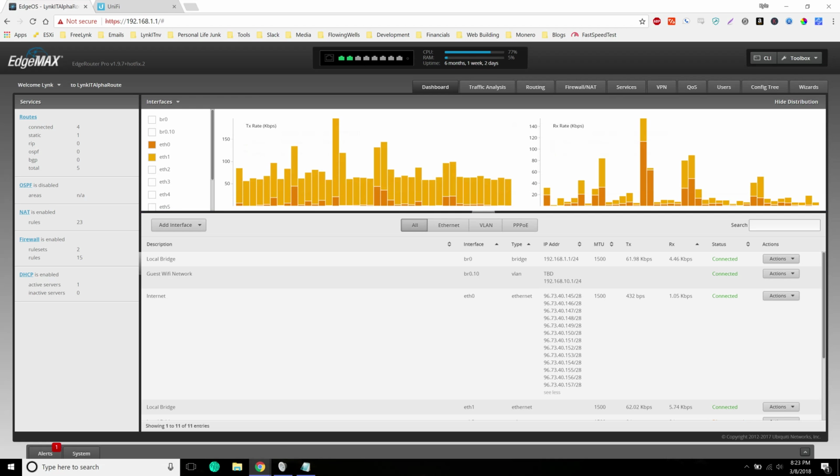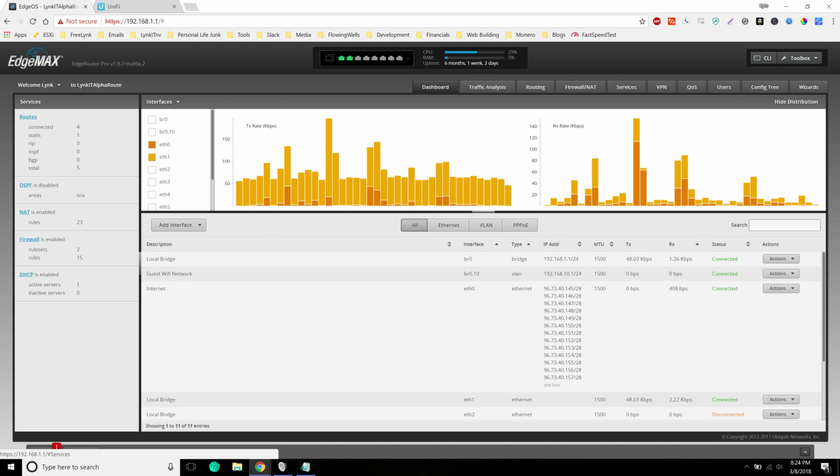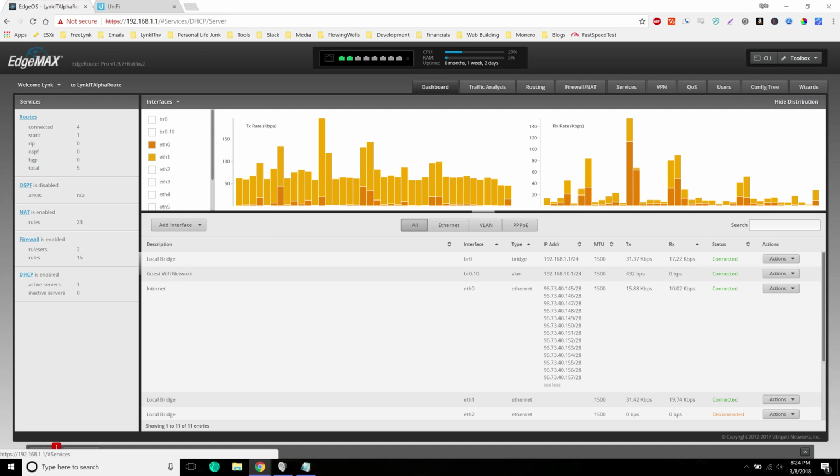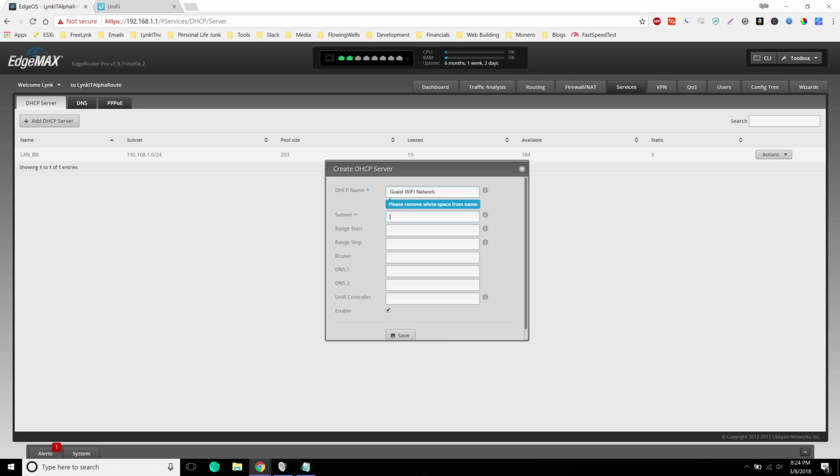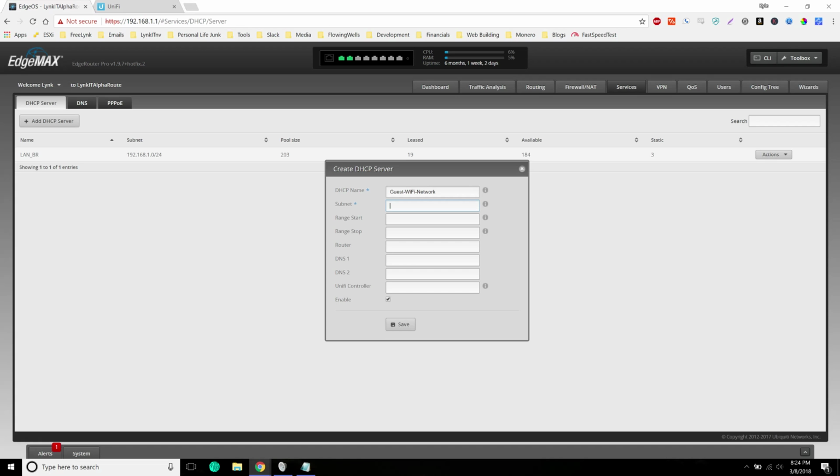Now we just need to set up a DHCP server inside of that network, so when somebody joins that network they are issued an IP address. So go ahead and head over to services, add DHCP server. DHCP name is guest-Wi-Fi-network. For the name, no spaces, we'll add dashes. Subnet is